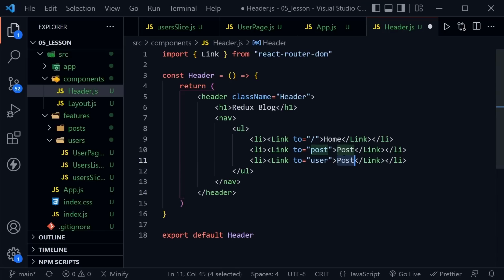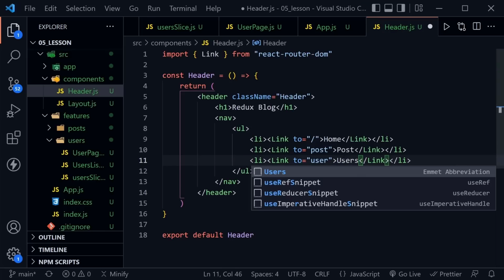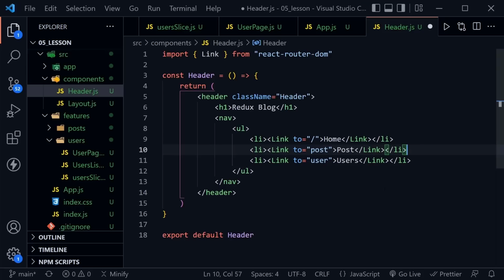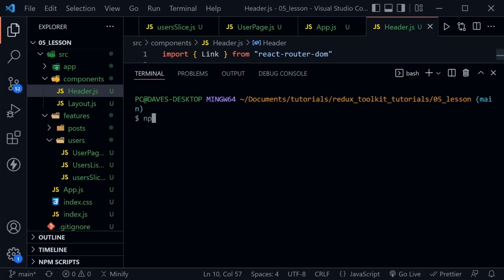But then here, instead of post, I'm going to say users, because it's actually going to display a users list. So I'll save that change as well. And now we're ready to test it out. So I'm going to press Control and the backtick, type npm start to start up our app, and then drag